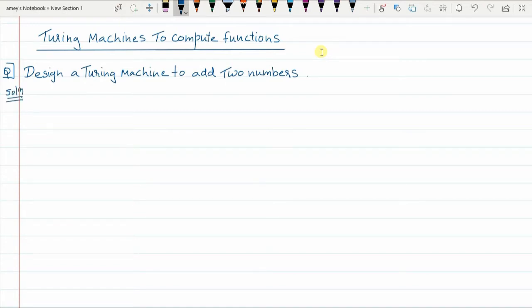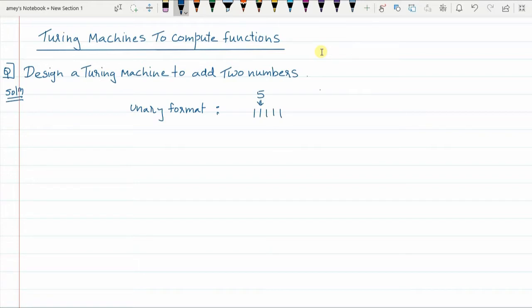Now whenever we are going to represent numbers on the tape, we are going to use something called unary format. In unary format, any number is represented with ones. For example, 5 can be represented in unary format with 5 ones.